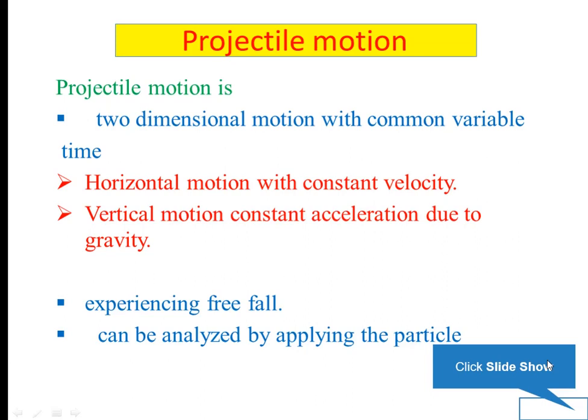Welcome to this tutorial. In this tutorial, we are going to discuss projectile motion. Projectile motion is two-dimensional motion. The two dimensions are the horizontal motion with constant velocity and the vertical motion with constant acceleration due to gravity. Projectile motion can also be expressed as free fall. It can be analyzed by applying the particle